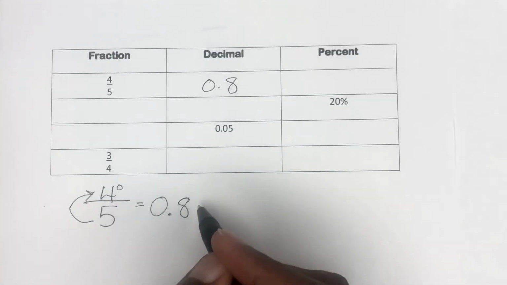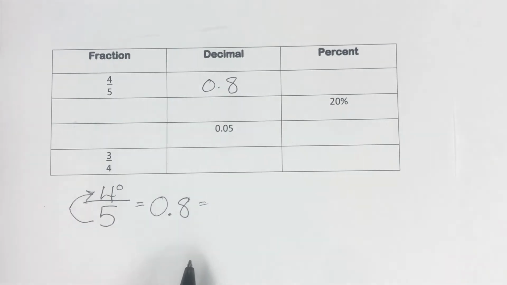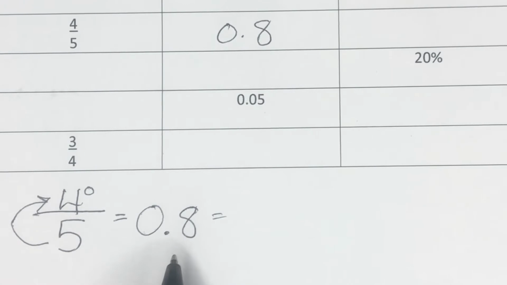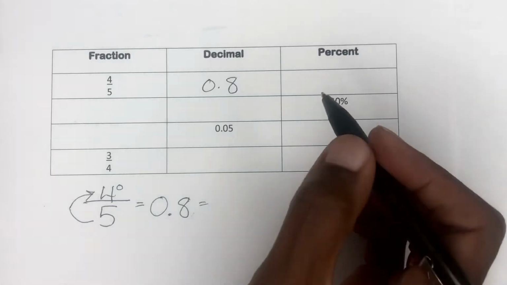And then we want to convert this decimal now to a percent. So what is that in percent? So one of the tricks here is that you move the decimal, because we want to change it to percent, 2 places to the right, because we want to multiply by 100. So 100 has 2 zeros in it, right? So we need to multiply that by 100, which is 2 sets of 10. When you move your decimal, you're multiplying it by a 10, and then you're multiplying it by a 10 again, right? So that's going to become